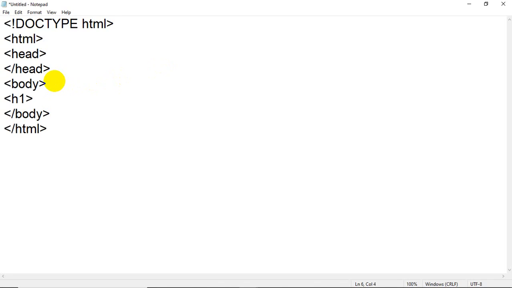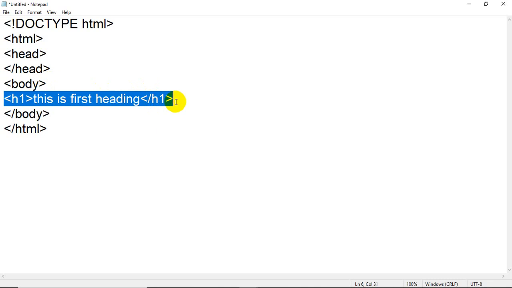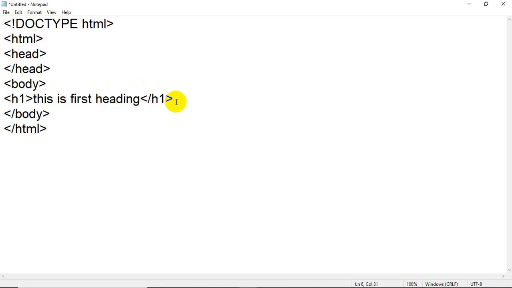I will write h1, then I will close h1. Now inside that I am going to write: this is first heading. Okay, now to save time I will just copy it, Control C, then press enter, Control V. Instead of h1 now I am going to use h2, then closing h2, and instead of first I will change the content to